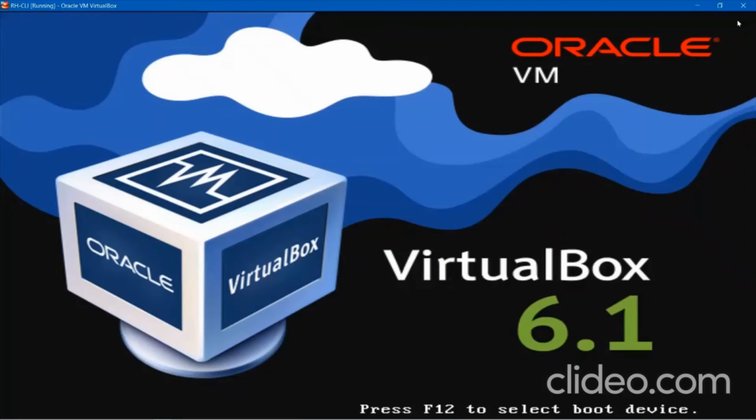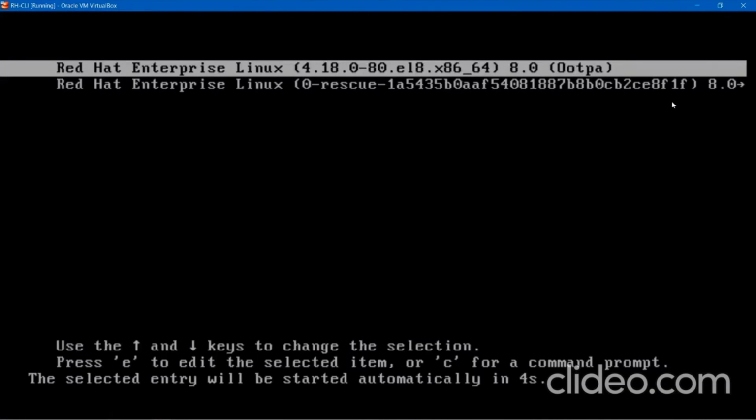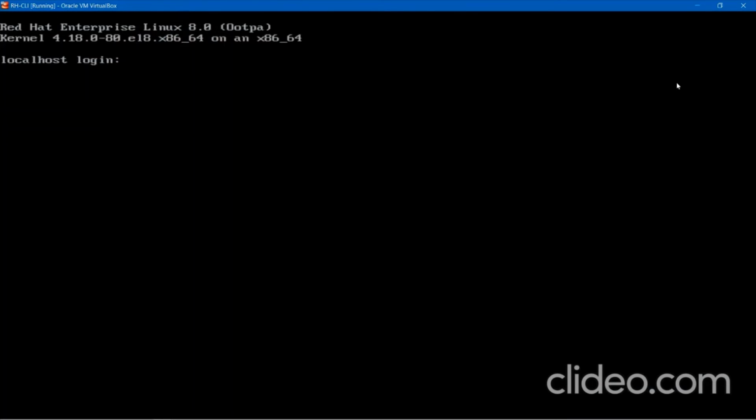So how can you switch on your Wi-Fi, or how can you shut down your network? In the GUI, I was using my mouse pointer to shut down the network, set it up, switch it on, switch it off. That I can do very easily. But how can you do the same thing here? For everything we have a command, and in the GUI we cannot see the commands. We are just using the mouse pointer.